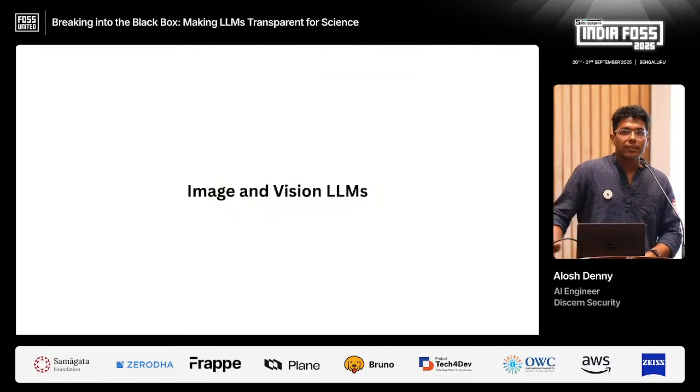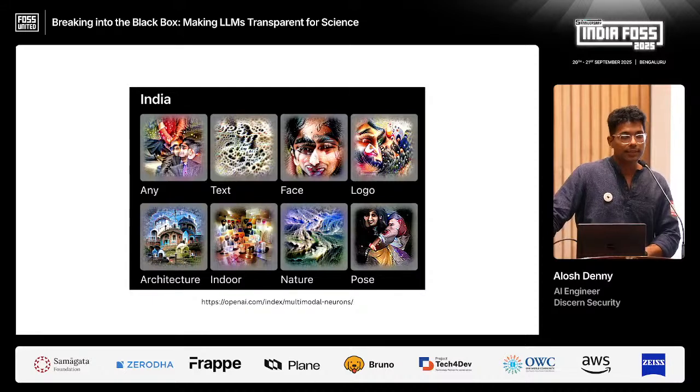And we can also trace the circuit of reasoning in vision models. So for example, this is CLIP. CLIP is OpenAI's vision multimodal model, and it thinks not in terms of text, but in terms of images. And when given the word India, this is what its neurons thought about. So it's all pictures of, you can look at the faces, look at the logos, the architectures. It's all very sort of akin to Indian architecture because it's learned on this data.